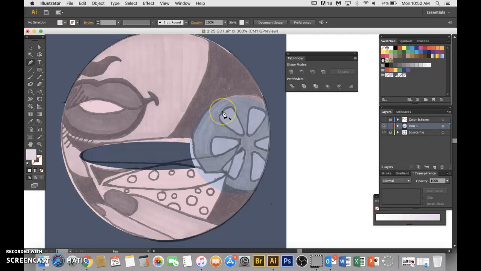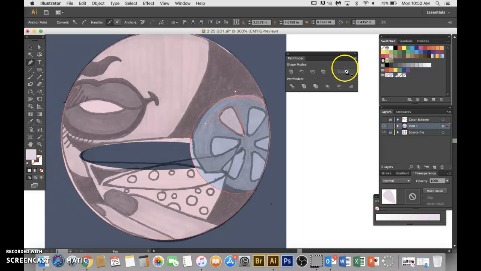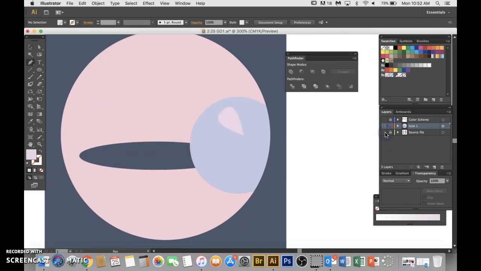For my pen tool, I'm going to start in the middle here. See if I can go all the way around, and I'm pulling my anchor down to get this nice shape. Then I'm going to drop my anchor point, and go back to where I started to make sure I have a nice closed off shape. And there you go, there I have my shape. So Command click to deselect it,